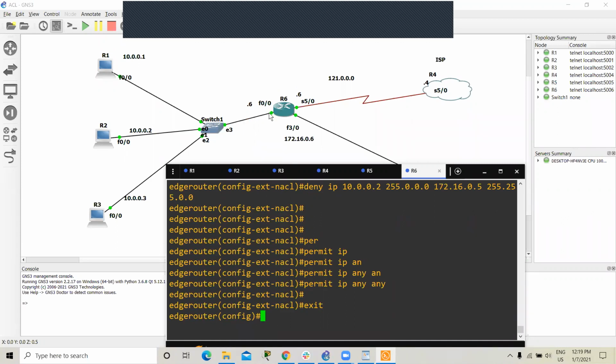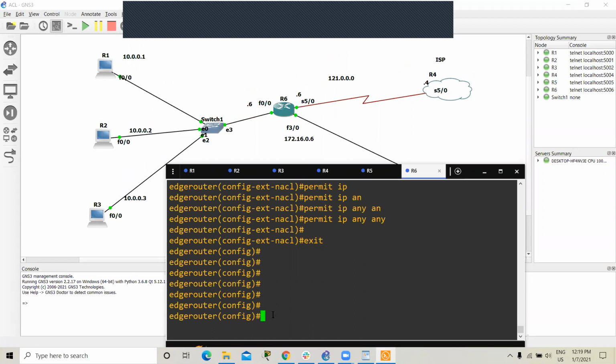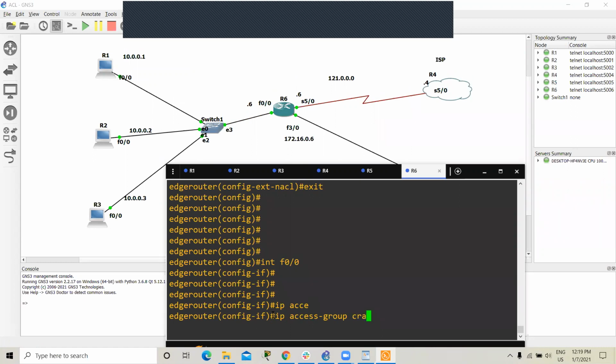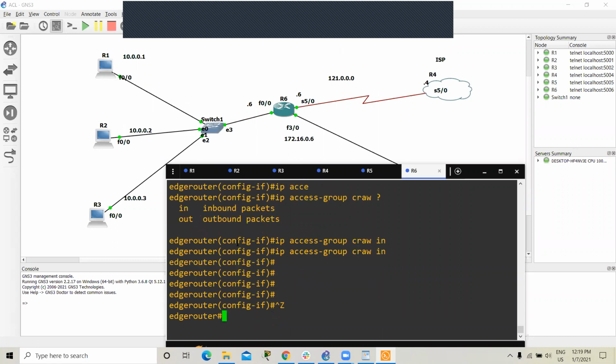So this one is our inbound interface, FastEthernet 0/0, because this one is connected to the local area network. So go on F0/0, ip access-group cross, and then in, and apply.